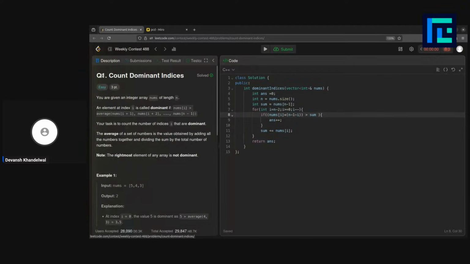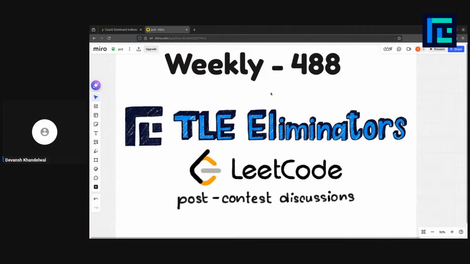So, let's start with count dominant indices. You are given an integer array nums of length n. An element at index i is called dominant if nums[i] is greater than the average of nums[i+1], nums[i+2], ..., nums[n-1]. Okay. So what this says,